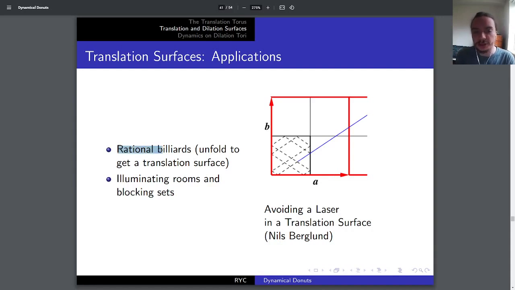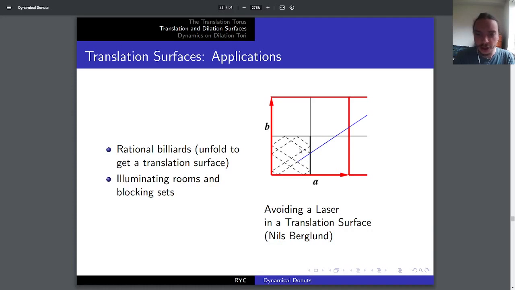And if you imagine a billiards table where the angles are all rational multiples of pi in radians, or maybe they're rational numbers of degrees, then you can actually solve this problem of what happens to a ball on a billiards table using the theory of translation surfaces. So what you're going to do is take that billiards table and unfold it like this, and you're going to unfold it over and over again until you get something that actually is just a translation surface. So what does that look like? You have this trajectory here,